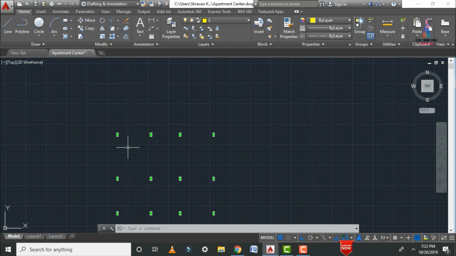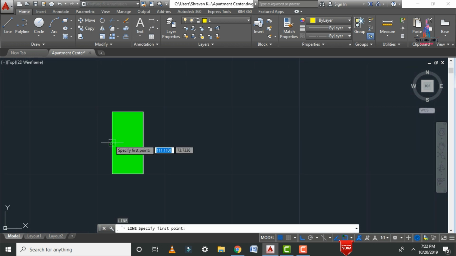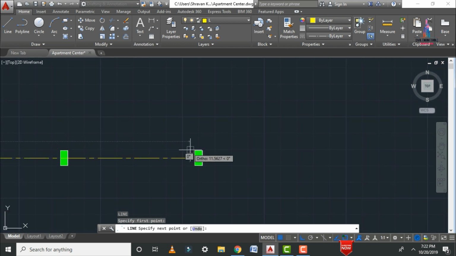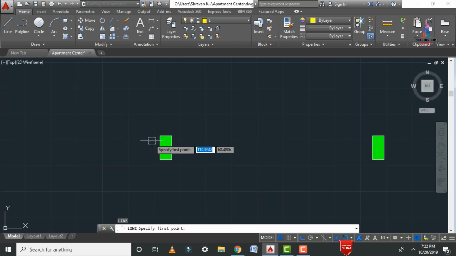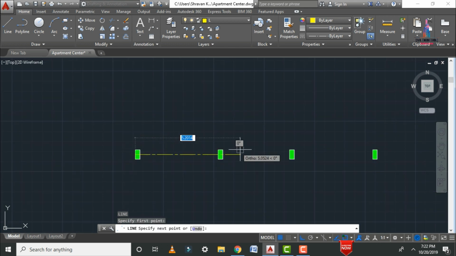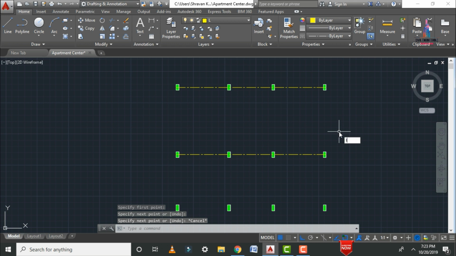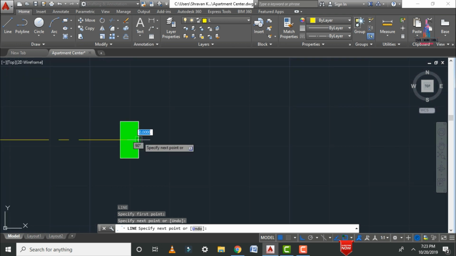After that we have to select the line command, L enter. Initially we need to select the center point for this column. Select this, and we have to draw the lines in horizontal position, like this. Again in the same process we have to draw the lines in horizontal position. Let us consider this second column section. Here I am drawing the horizontal line. Again in the same process we need to draw the lines in horizontal section for the remaining ones.